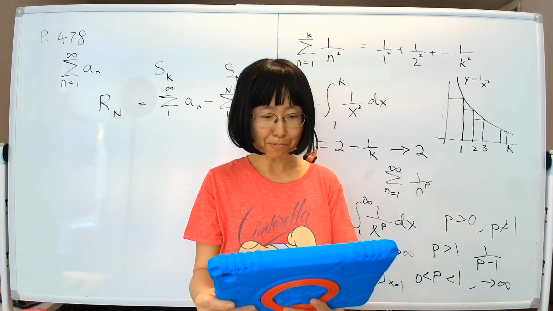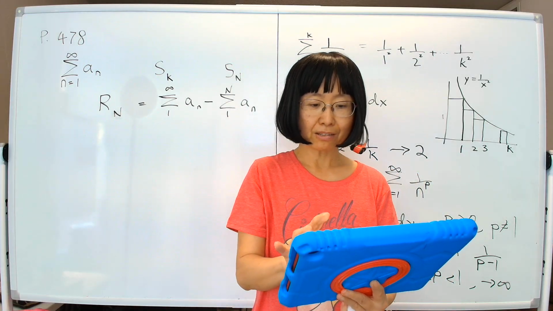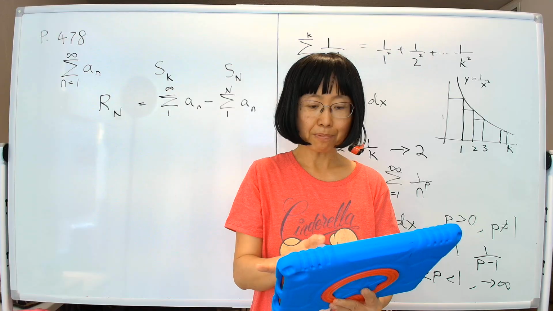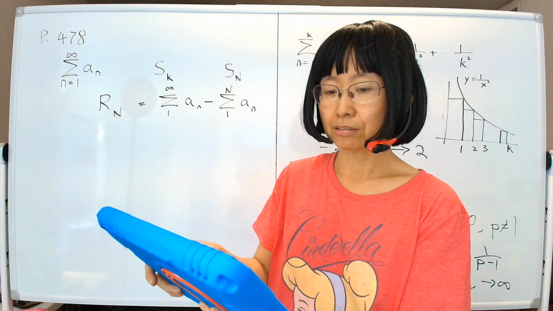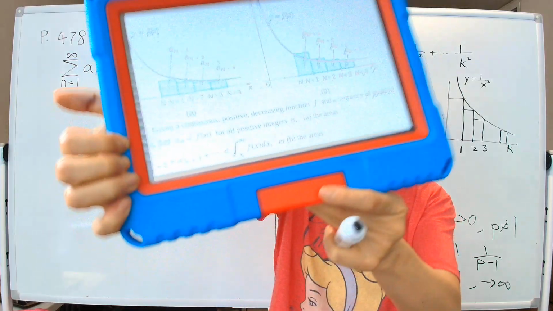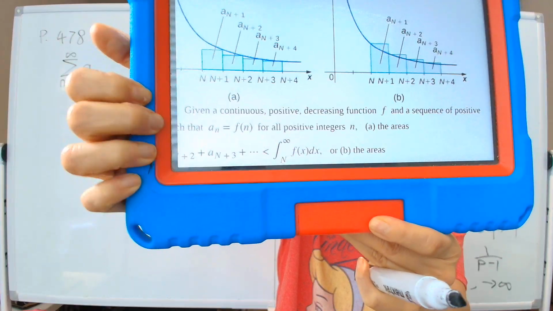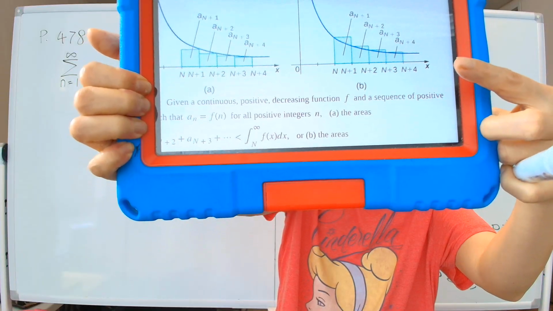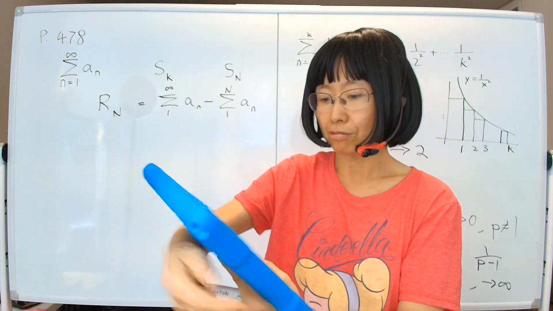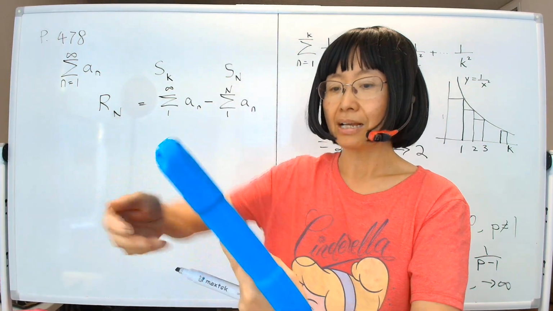There's a slight problem though. On page 480, the graph B is labeled wrong. See, the graph B starts at n, but that doesn't make it B. This is the one on this side. It starts at n. It should start at n plus 1 because the integral, it says down here, is you're